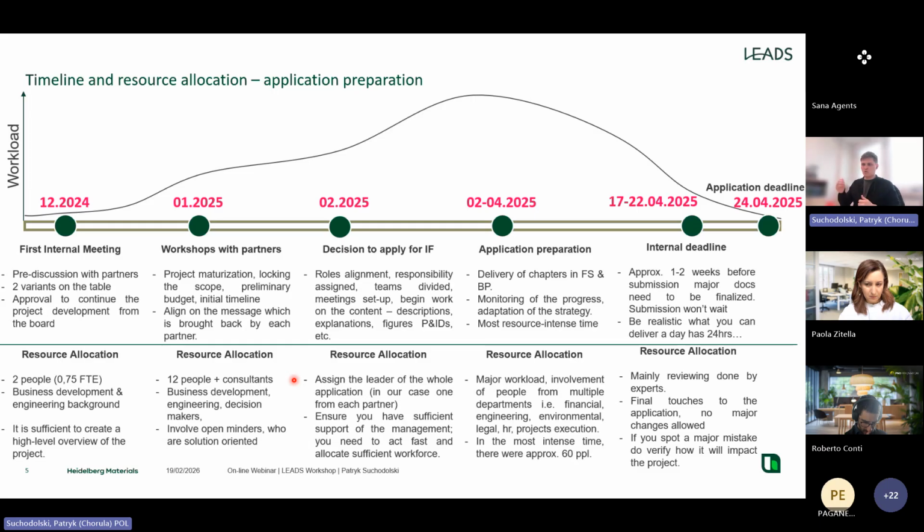Include people who are open-minded, who are solution-oriented, because it will be a very intense 3 days or couple of days, depending on how you shape it. You need to be very swift in decision making, as well as bring some new ideas, because we need to keep in mind this is the Innovation Fund. As the name states, you are aiming for the innovative aspects, especially for the pilot scale applications, where the innovative aspect is scored as double points, because as I recall correctly, from large scale to small scale